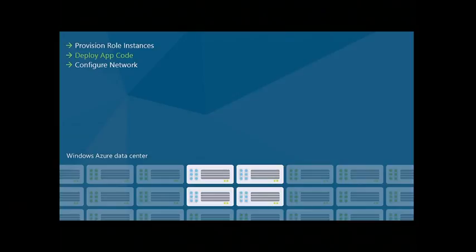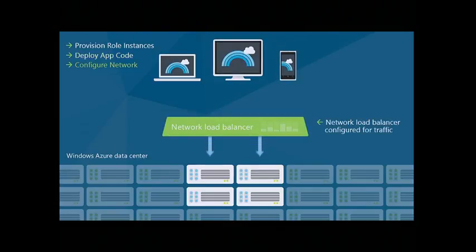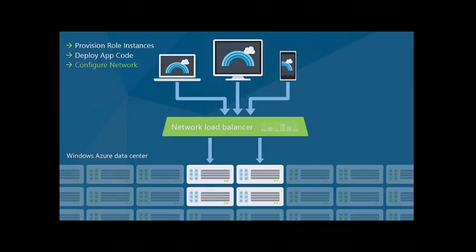Again, there's nothing special for you to do. The package was created as part of your development process, and I basically said deploy. We go off and do the updates for you. Once that code is deployed, we'll spin up the network load balancer for you, and we'll make sure that you've got multiple paths. And with traffic management, you can decide how much you want to push through there, so you can make sure that it scales. So if I get tons and tons of users coming through, I can actually scale up that